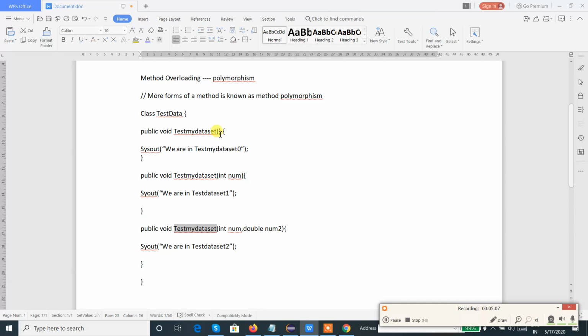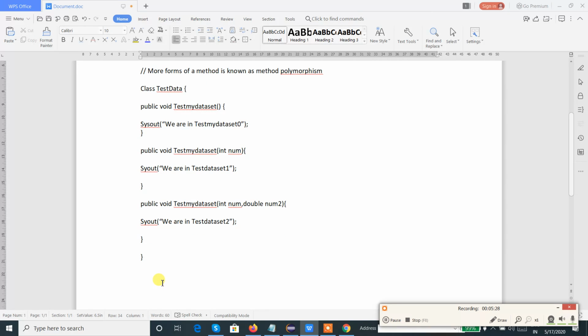That is the reason, to discriminate between them, we are providing different parameters. In the first block, the method doesn't have any parameter. In the second block, the method has a single parameter. In the third block, the method has two parameters. So this is what is known as method overloading.